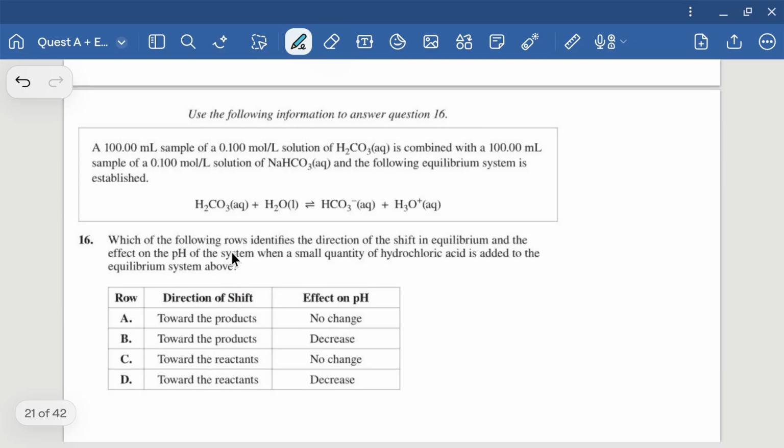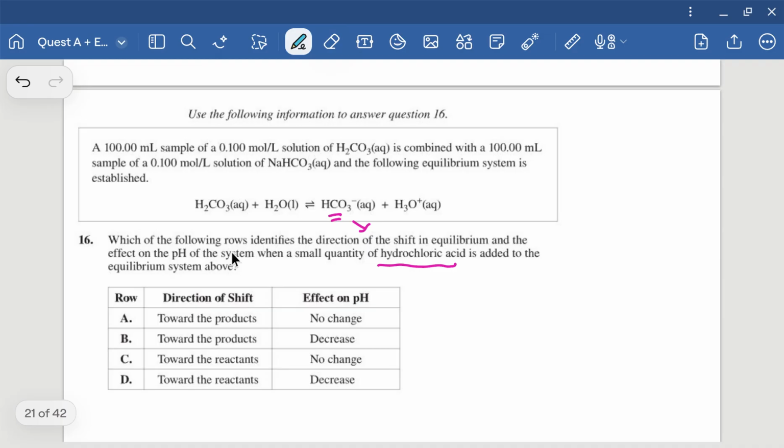Moving on and just keep going here. Taking a look at shifting. So which of the following rules identify the direction of the shift that would affect the pH system when a small quantity of hydrochloric acid is added? So if you're adding hydrochloric acid, right, HCl, just HCl, you're going to react with the base side,